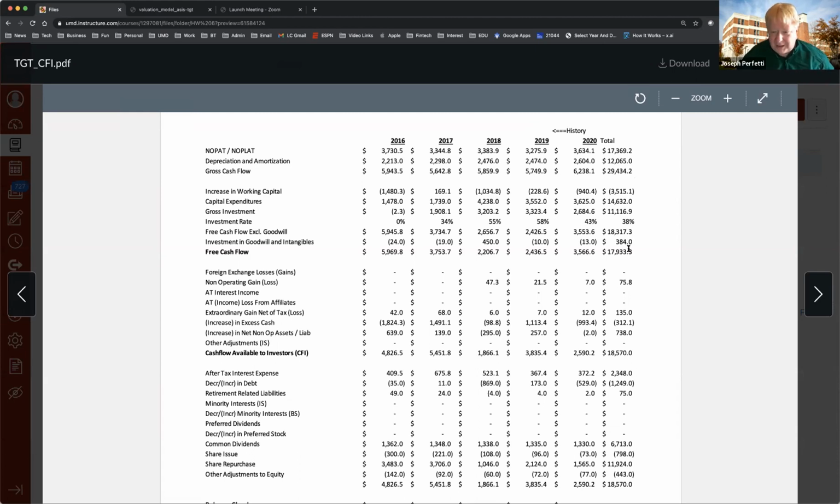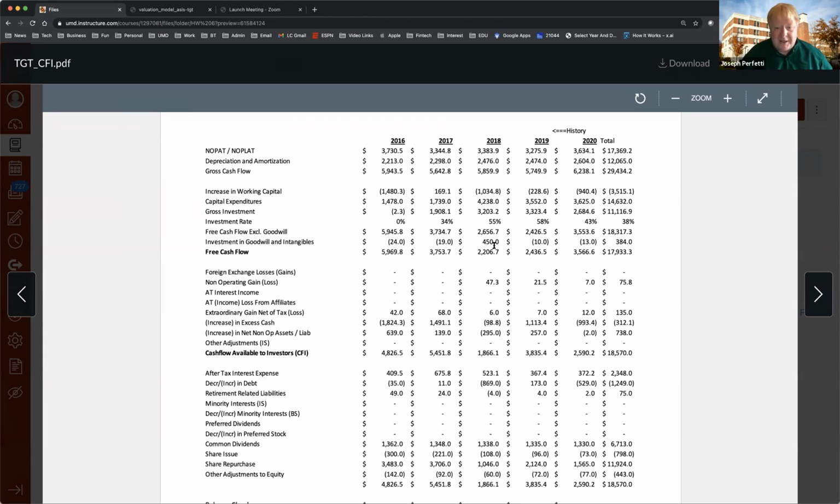They spent about $384 million on goodwill to basically get $17.9 billion worth of free cash flow. Speaking of that acquisition of Shipt, then in 2018, they put $450 million primarily into buying Shipt as a purchase